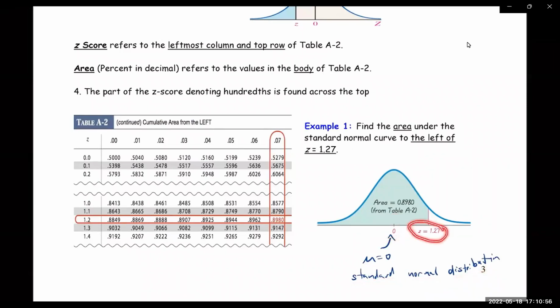You're given a z-score, so you have to look the z-score up on the table. So it's 1.27. You would go to 1.2, and then you scroll to the right until you hit 7, 1.27. There it is. So it's 0.8980. So that is the area under the curve,